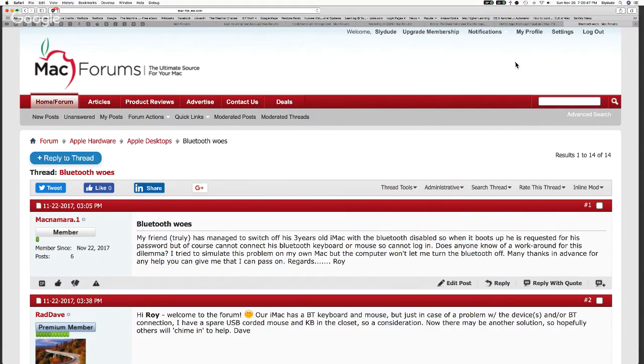So just get yourself a simple 2 or 3 button USB mouse. I made that mistake a couple of times tonight. Beg your pardon. Get yourself a simple USB mouse. Doesn't have to be a Mac specific one. I've got an old mouse lying around that's been kicking around the house for a couple of years. I still pull it out every now and then. Same with the keyboard.